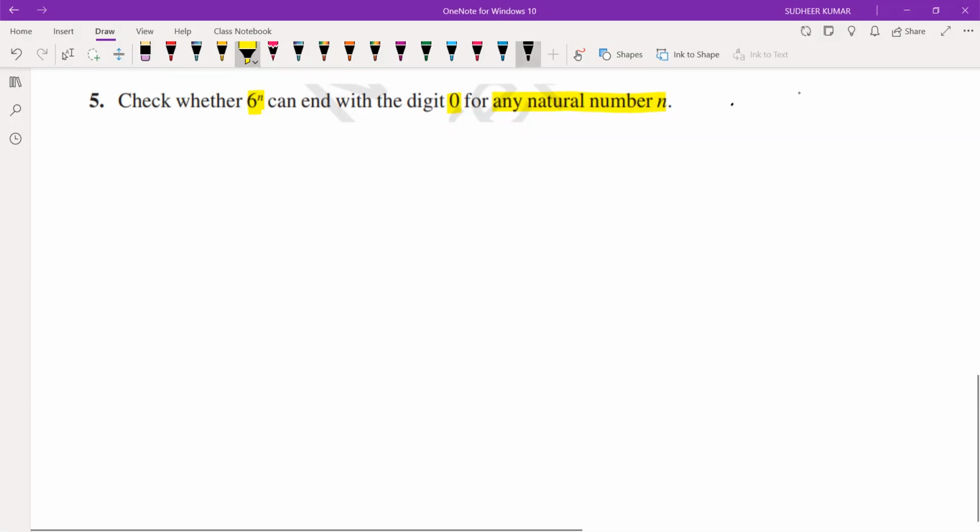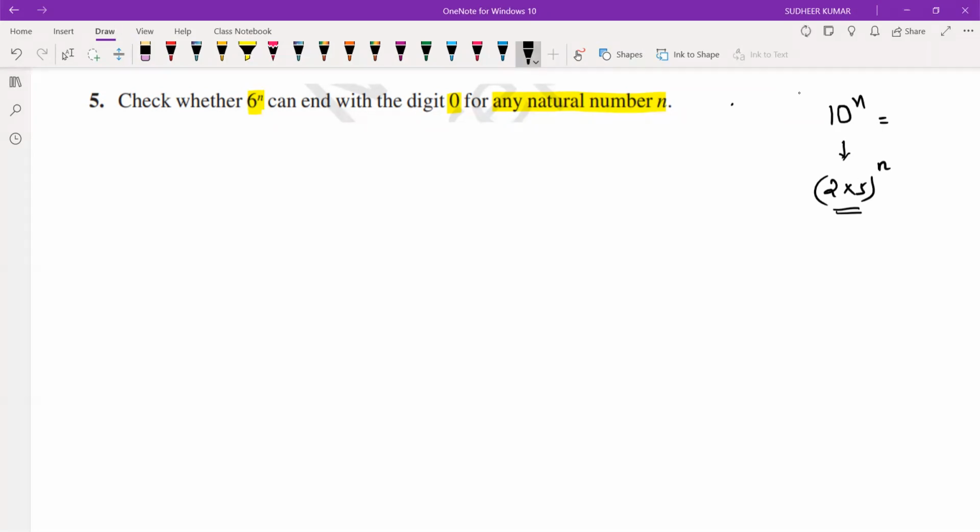If any natural number n ends with 0, it is possible only with 10 power n. 10 power 1 is 10, 10 square is 100, 10 cube is 1000, so it ends with 0. Here 10 power n, we write 10 as (2 times 5) whole power n. That means if the base consists of the product of 2 and 5 only,